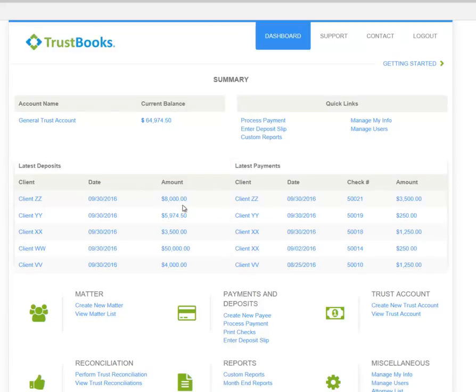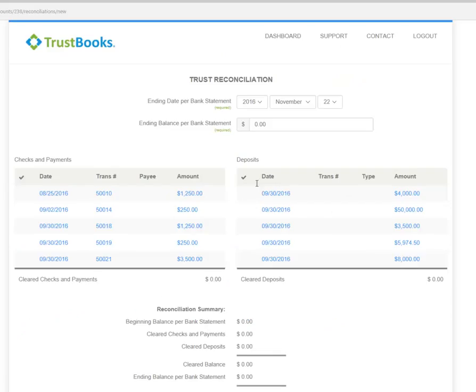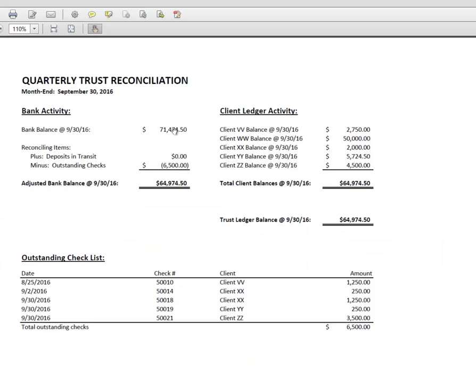Notice the difference here. All of our latest deposits and latest payments are captured for the activity that we just entered. Now my next step is to verify and confirm the accuracy of the information I just put in. And the way that I do this is by recreating that reconciliation. So I'm actually going to go perform trust reconciliation. I'm going to hit September 30th because we're going to recreate that reconciliation that we just did. Let me enter in my bank balance. My bank balance is